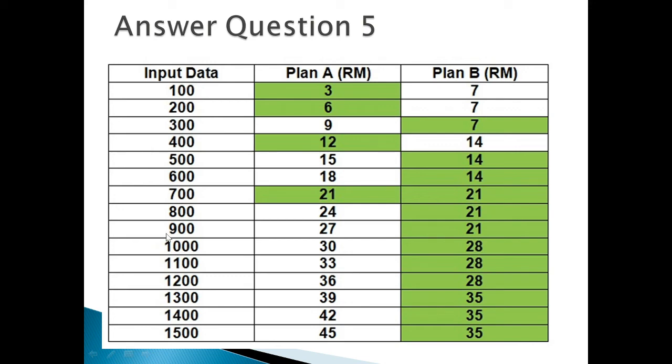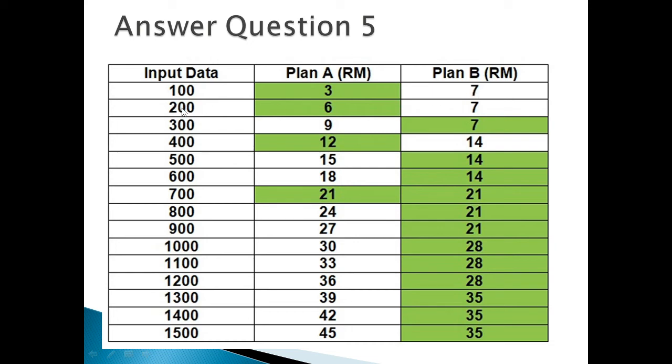How much data do you want to use? You just want to use 100 megabytes of data. So it should choose plan A because it's much cheaper than plan B. Why is plan A 3 and plan B 7? Because for plan A, the telco sells per 100. But for plan B, the telco doesn't sell per 100. The minimum the telco sells for plan B is 300. So if Pak Amit wants to use 100, he needs to pay the price of 300. That's why you can see 7 here.